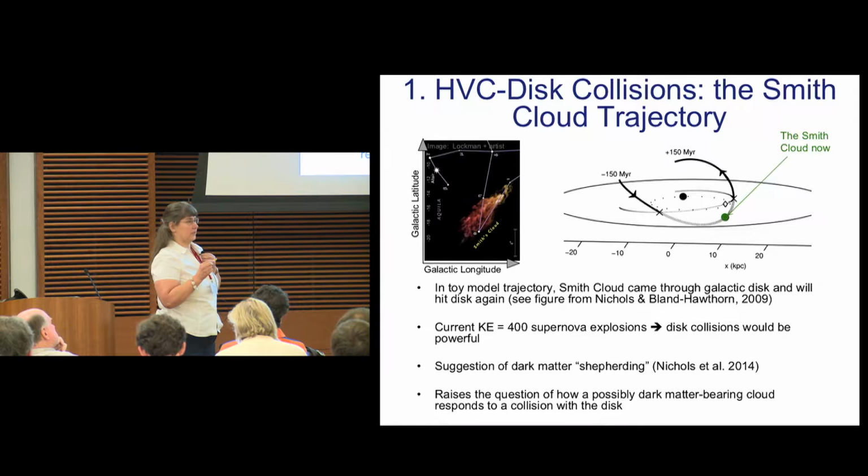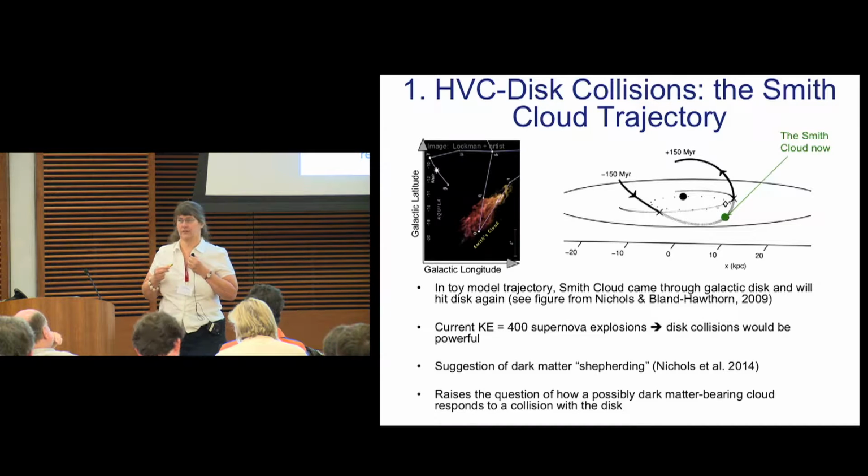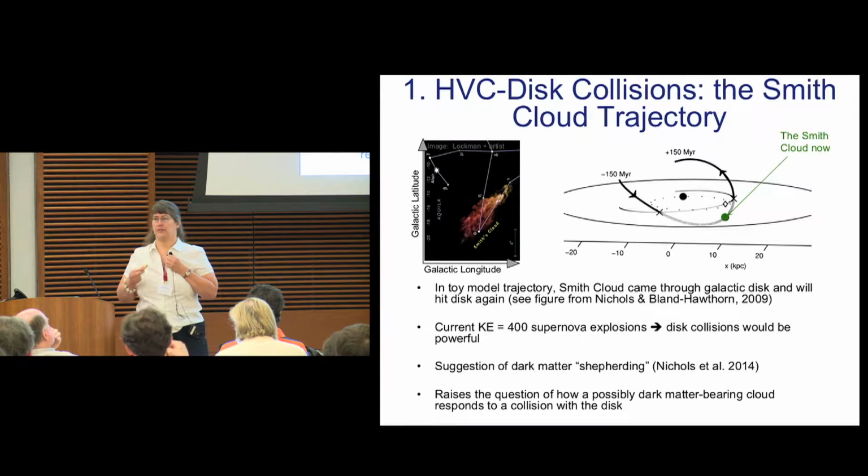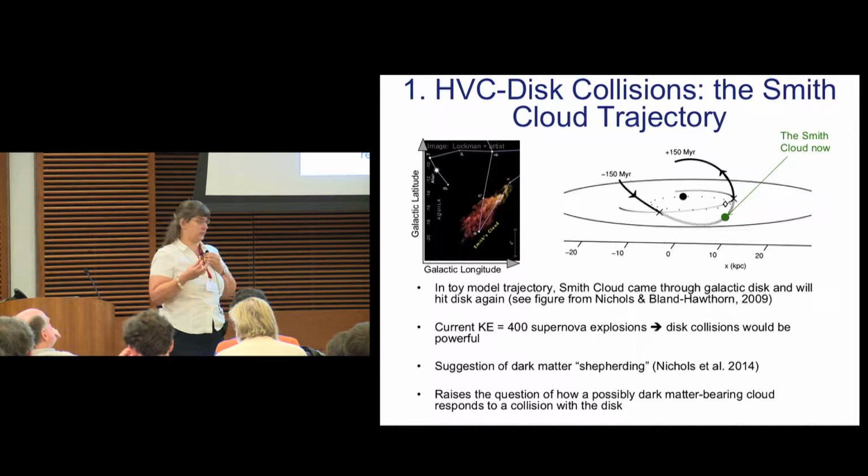Well, we know that there's going to be a collision here, but what of this collision here? If the Smith cloud has truly come through the disk of our galaxy, it's not likely to have survived that unless it had some help. And the postulated help is dark matter. The postulation is that there was a dark matter subhalo with which the Smith cloud is associated. That dark matter went through the disk of our galaxy without incident, because of course dark matter doesn't interact with the galaxy in a hydrodynamic way. So it just came through the disk of the galaxy without incident and then gravitationally pulled the Smith cloud with it. So that's the hypothesis.